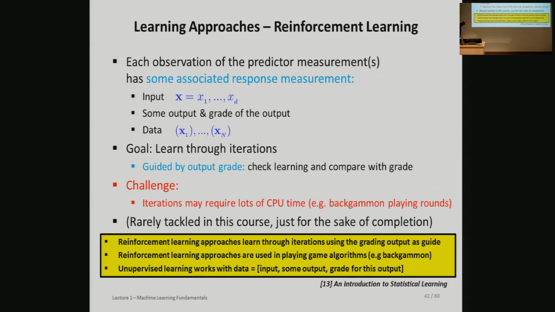I left out reinforcement learning because it's another really big field. And it's not uninteresting, that's not what I'm saying, but still it needs a whole complete tutorial. The way you can say it is basically you have the same thing like unsupervised: you have not a concrete output. However, you have a grading of the output. So in backgammon, that would be how good was that move compared to the millions of other moves that you and the other one have done in the previous time steps, and that your opponent was doing. Right? This is an example.